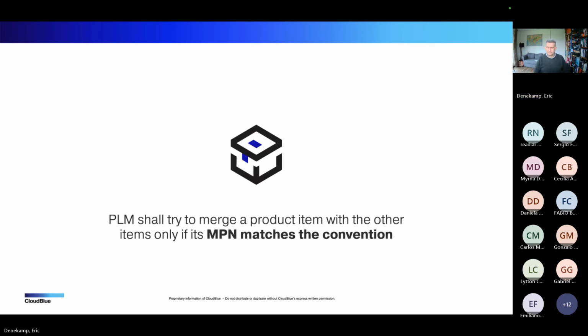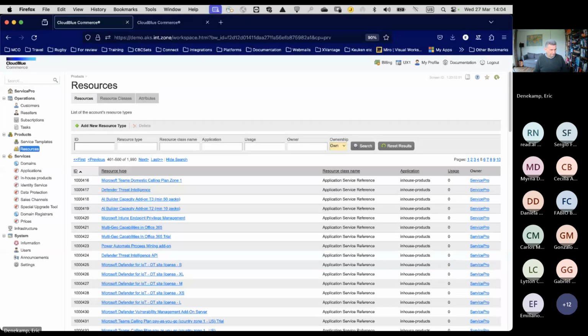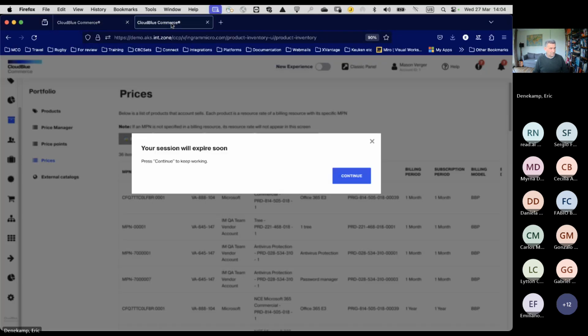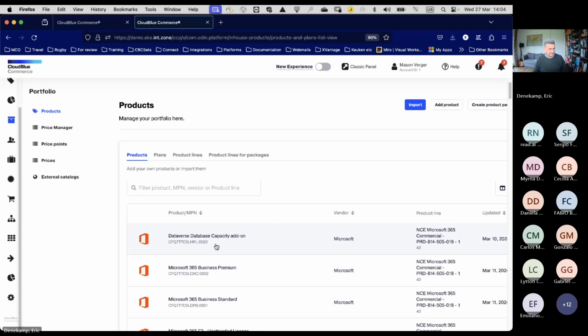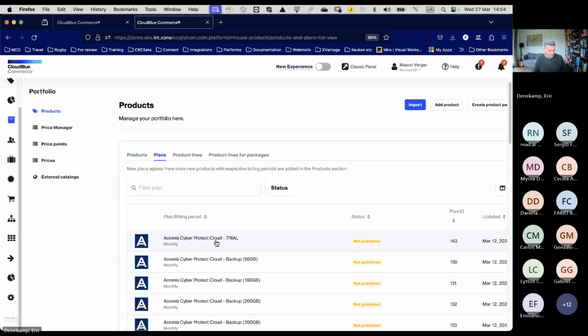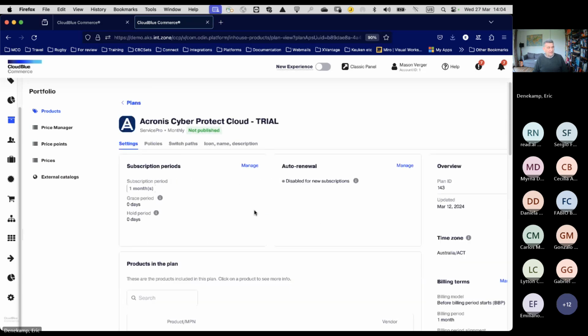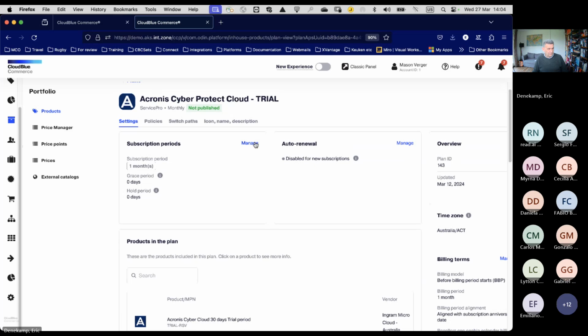Yeah, but even in PLM, there should be an option to edit something simple. Let's say I messed up and I put 1 month, and it should be 3 months. Then I have 700 resources, and I have to process all 700 just to change that. You know what I mean? It's a little bit stupid, not stupid, sorry.